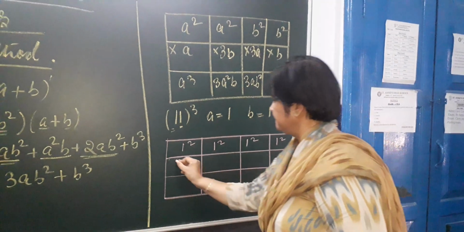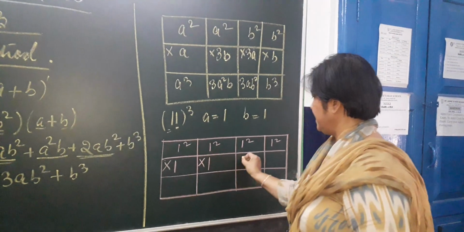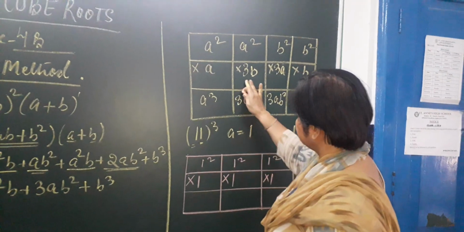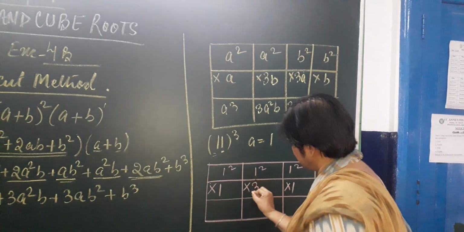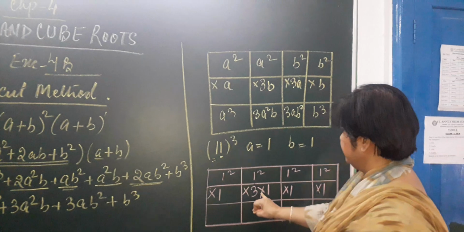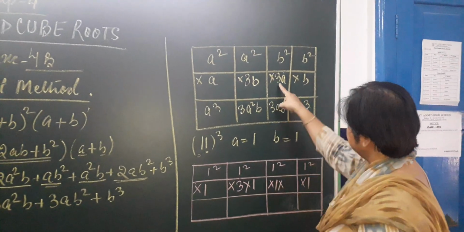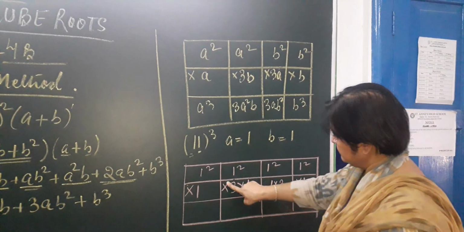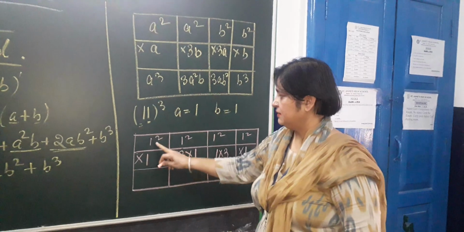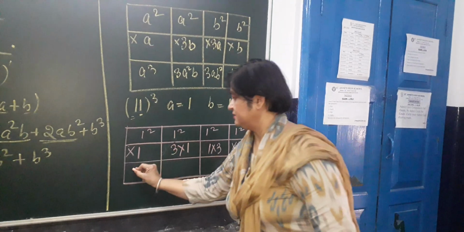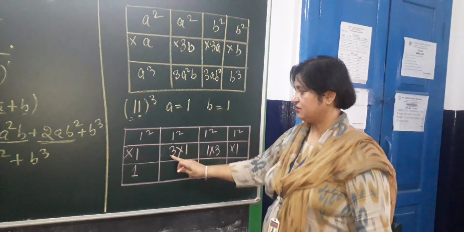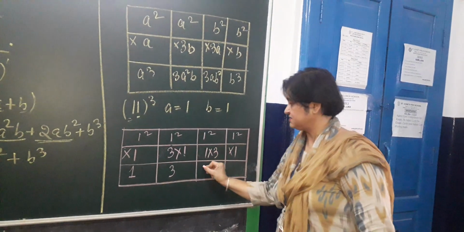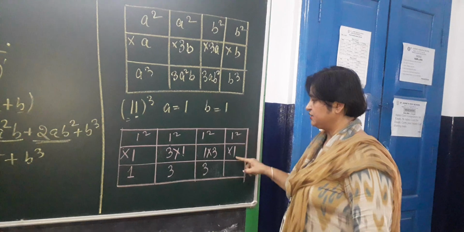Because in this, instead of A, it is 1 and at the place of B, it is also 1. Now to multiply by 1, by 1, by 1 and by 1. A is 1, here it is 3B, means not only 1 but 3 into b. The value of b is 1. 3 into 1, 3. Here it is 3a. The value of a is 3. One square, 1 into 1. 1 ones are 1. 1 square 1. 3 ones are 3. 1 into 3 is 3. 1 square 1, into 3 ones are 3. Here again 1 square is 1, 1 into 1, 1.